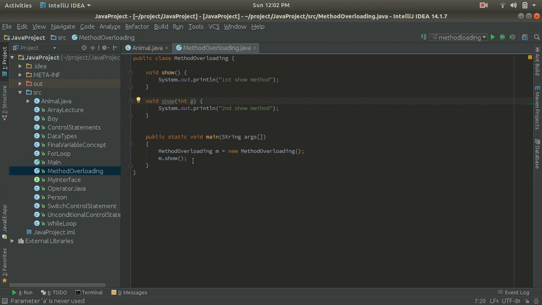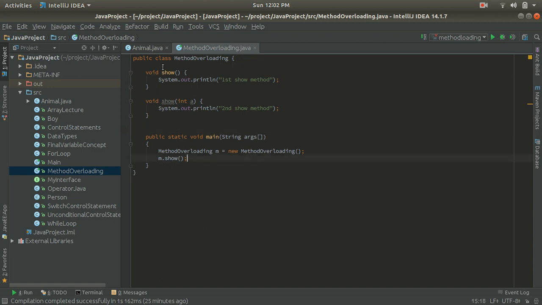Now you can see that the ambiguity problem has been resolved, because we have achieved method overloading. This is an example of polymorphism. We have implemented compile time polymorphism with the help of method overloading.